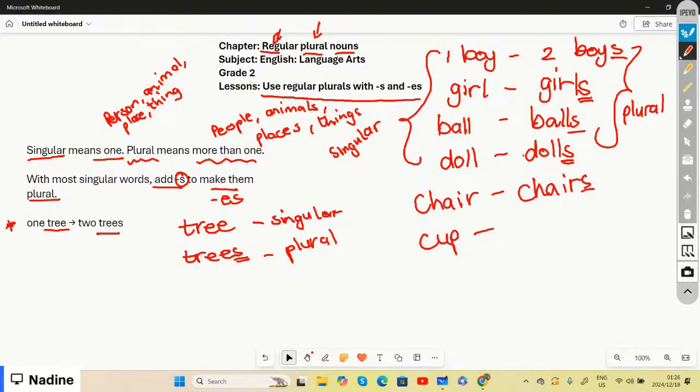So if you have one cup, that is the singular form, then the plural form of cup, we can say it's cups, which is S,